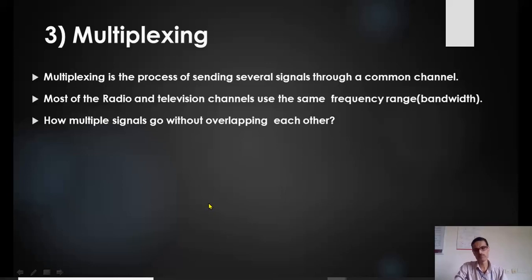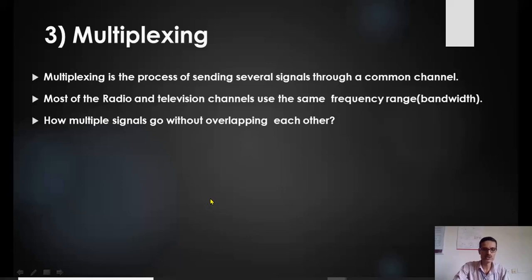Next, I told about multiplexing already here. Multiplexing means transmitting many signals over a common channel. Now here the channel in the radio broadcasting, the channel is free space. So in the free space, we have stations of, say, Bangalore station if it is AM, or it may be Big FM or Radio Mirchi or some other stations. All can transmit their signals through a common channel, that is free space, without mixing. That is multiplexing. That means multiple signals can be transmitted through a common channel.